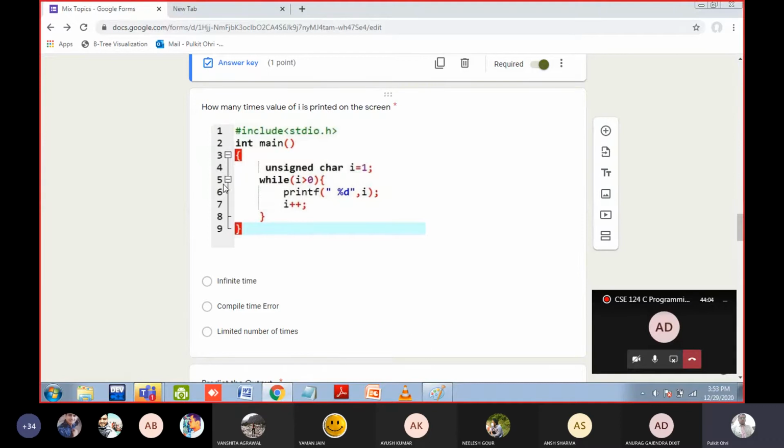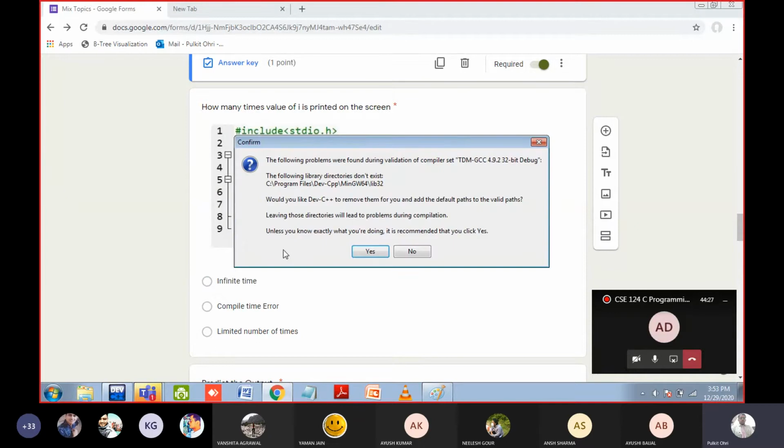So in the line number 5 you will check, is 0 greater than 0? No, 0 is equal to 0, it is not greater than 0. So this while loop will terminate. So the numbers that will be printed on the screen are 1 2 3 4 5 6 7 8 9 10 and up to 255. So from number 1 to 255 the numbers are printed on the screen. I will write the program also in my compiler. I hope you guys are understanding it. Yes or no?